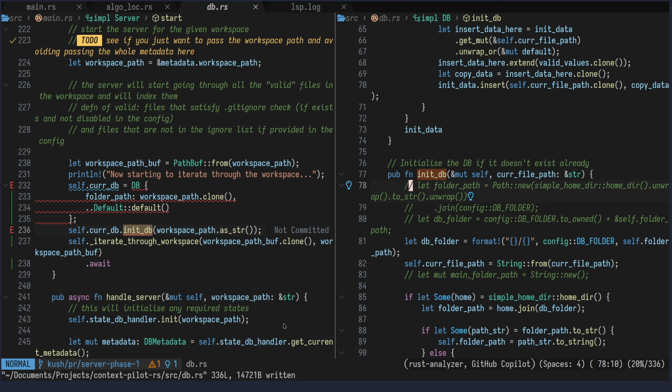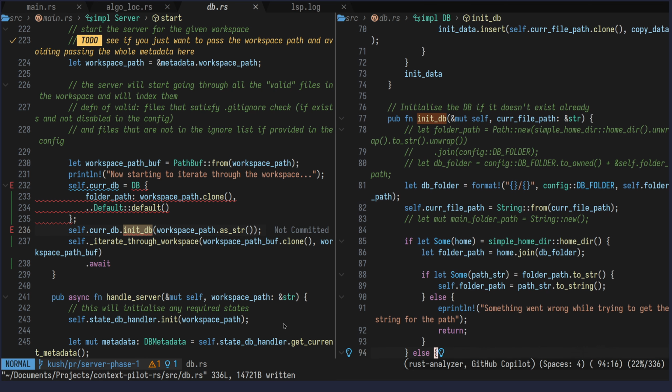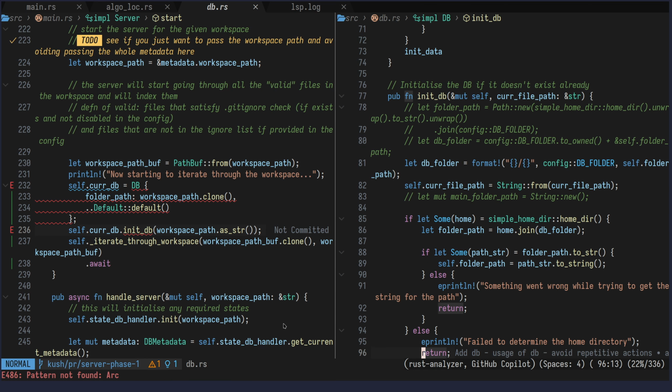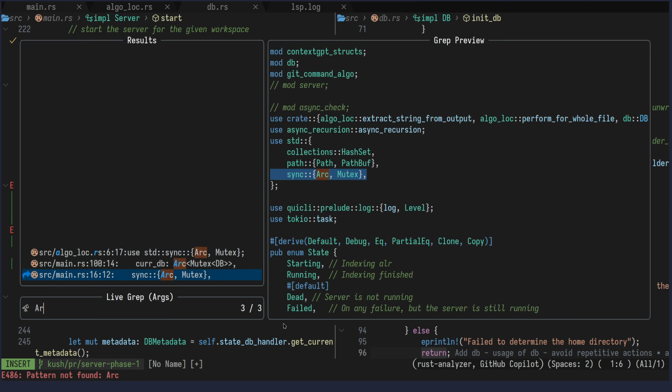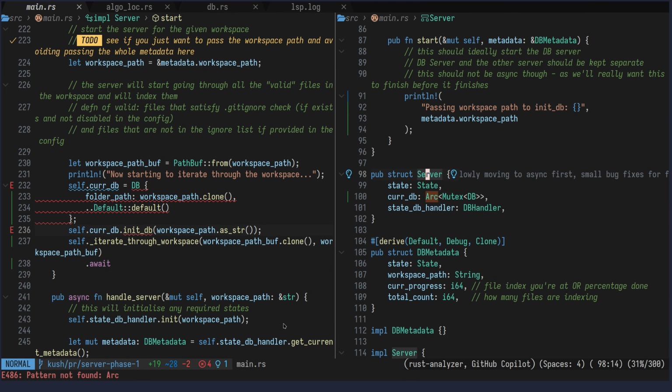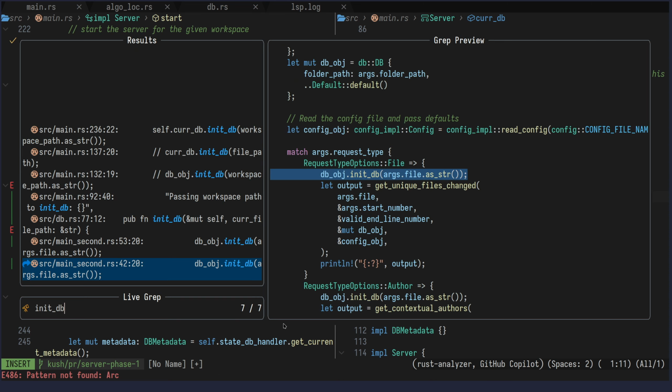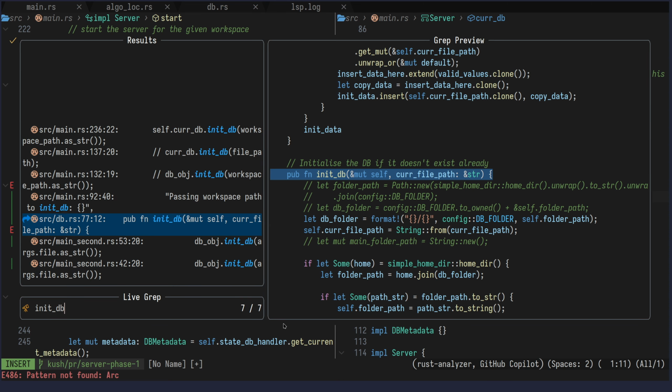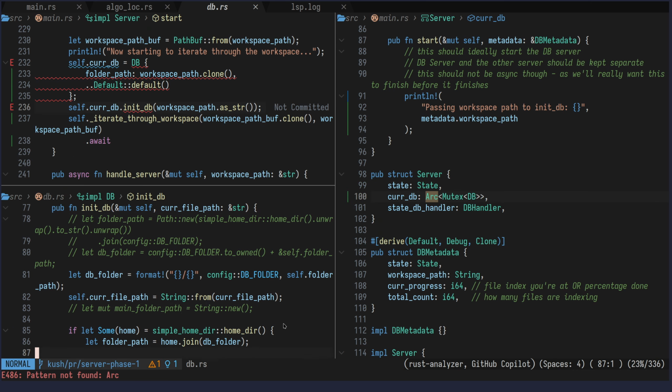Anyways, init db is there, and we are taking ampersand mut self, initialize the db if it doesn't exist, and so on. I think I was using, yeah, there you go. So with this server, I'm expecting this to be an Arc type, right? So when you do init db, what was it? Yeah, right. So over here, when you do this,